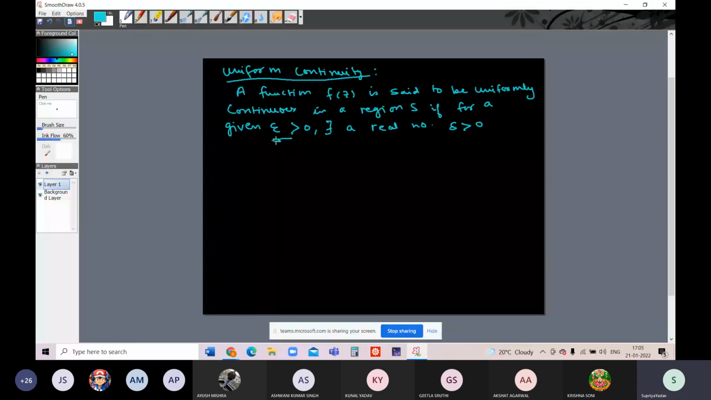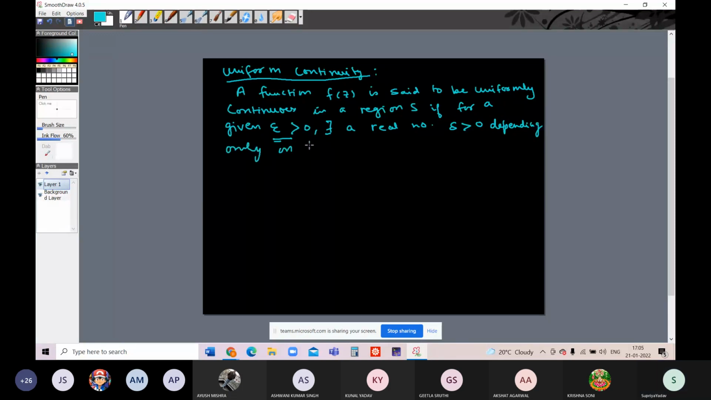It does not depend upon the point where we are discussing the continuity, as in the previous topic of continuity, where the value of delta is affected not only by epsilon but also by the point where we are discussing the continuity. So here, for a given epsilon greater than 0, there exists a positive delta depending only on epsilon, such that